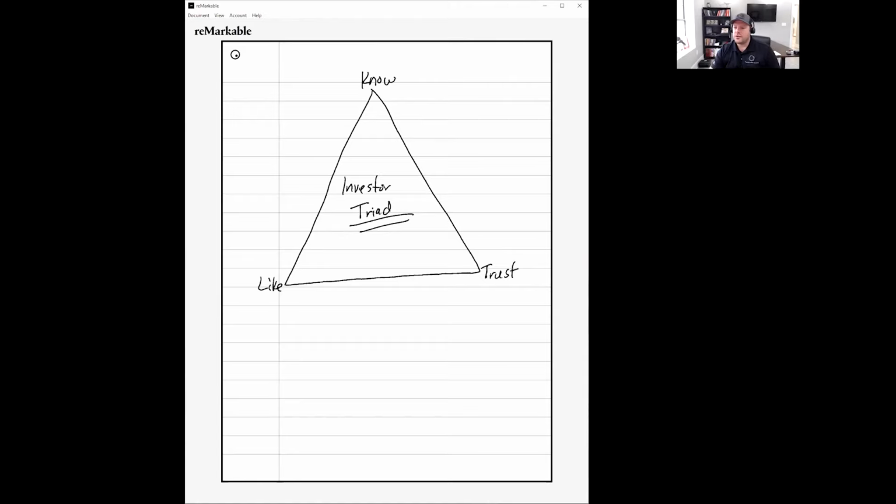All right, great. Love it when everybody is participating. This is awesome. I got a lot of responses here. I have trust, like, know, trust, trust, all three, know, trust, all three, trust. And somebody in here says, for investing, trust, hands down. Can't invest if they don't know you. Trust, trust, trust. So Brian has probably heard this before, because most of you, when you first think about this,